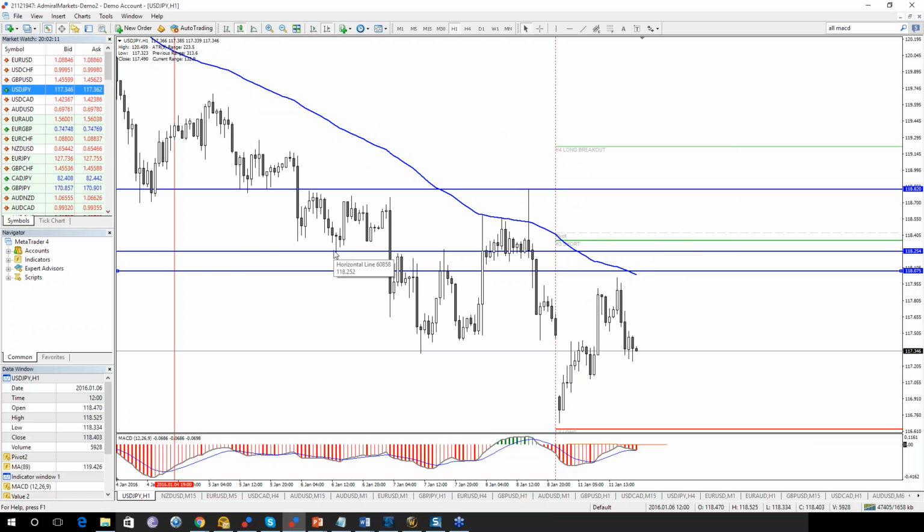Buyers here, sellers here, and then strong selling from this spot. So this could go lower, and if this continues pushing up, we will see it as retracement and try to sell it.